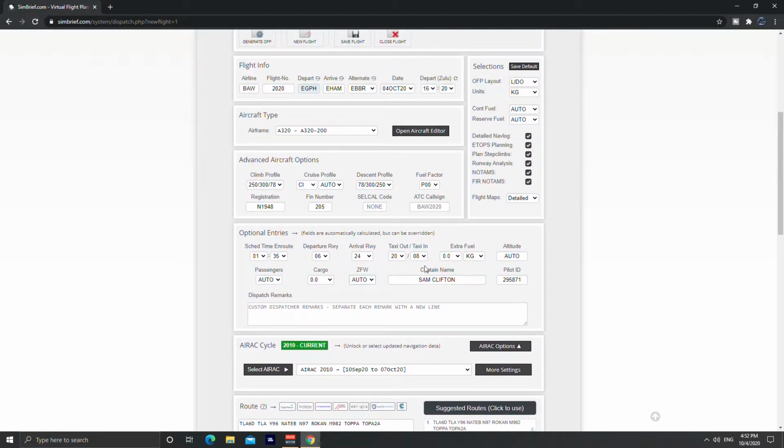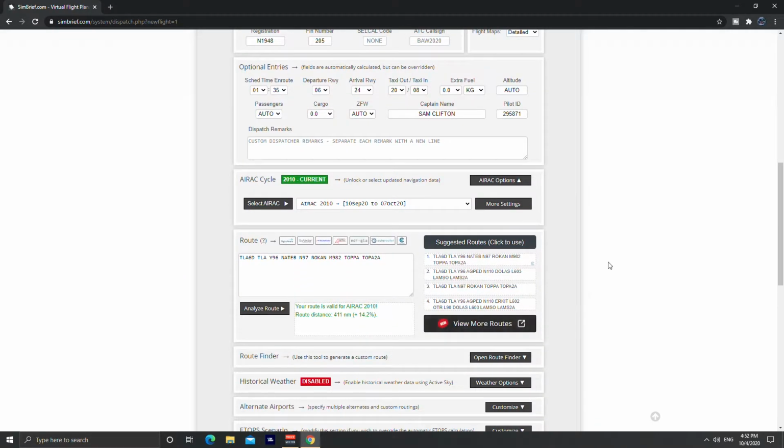Now, if you want to, you can also change how many passengers you've got. These numbers, the maximum, will change depending on what airframe you choose. If you leave it as auto, it'll just recommend a few. Then what you can do, if you leave it auto, if you use something like, say, Self-Loading Cargo app, where you have the full passenger things, you can then input that information when you set up your flight plan there, and then it will mimic exactly what you've got in here as well. And then your cargo and everything like that you can do as well. So there you go. That gives you essentially your